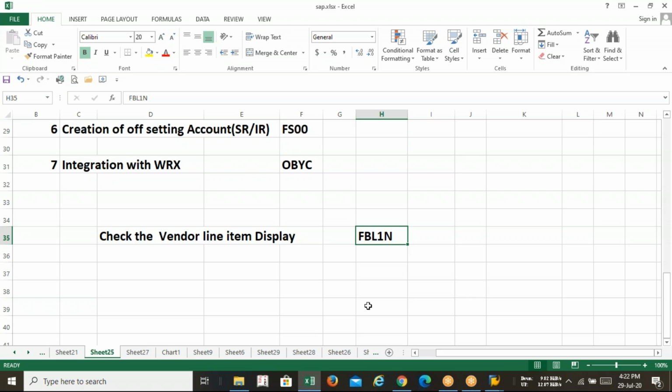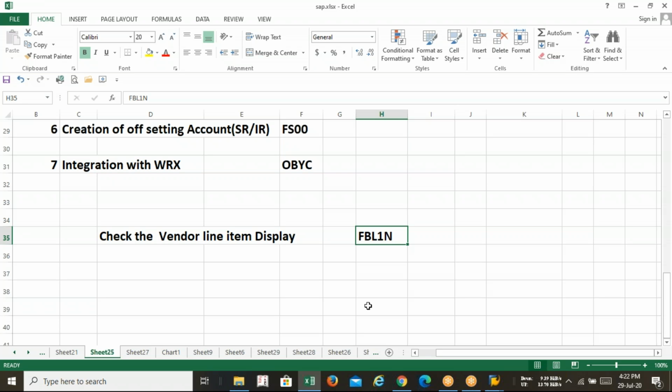Here the task totally deals with FI. It means after posting the invoice in the name of the vendor, I need to check the balance. Guys, remember always one thing: before making the payment to any vendor, first we need to check the balance or outstanding amount of this vendor. So here I can first check how much I need to pay to my vendor, so that I can arrange the money and make the payment accordingly.